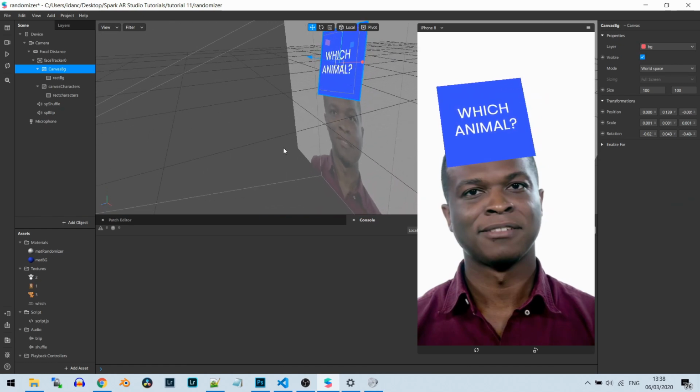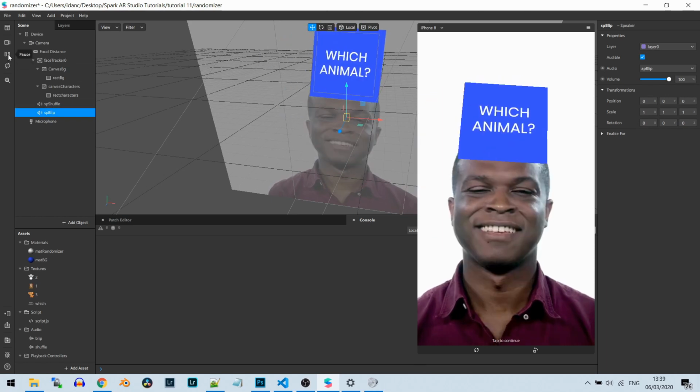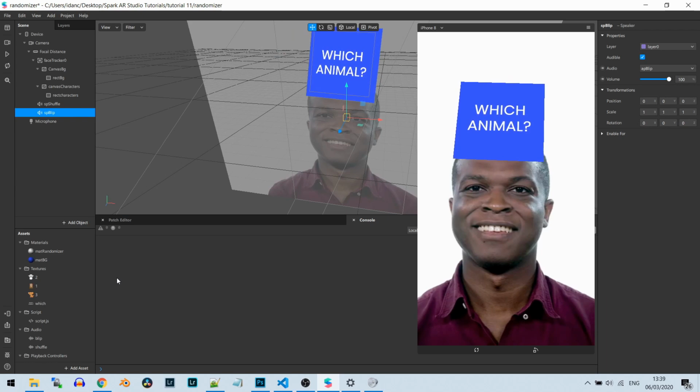So to position them in the 3D space, it's easier for me to have a canvas for each element, and I can use each one separately. All right. So we have those two, the speaker, and that's it. Really simple, not too many elements here. So let's just reset the project,